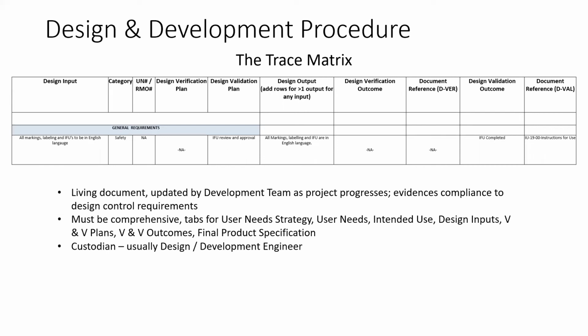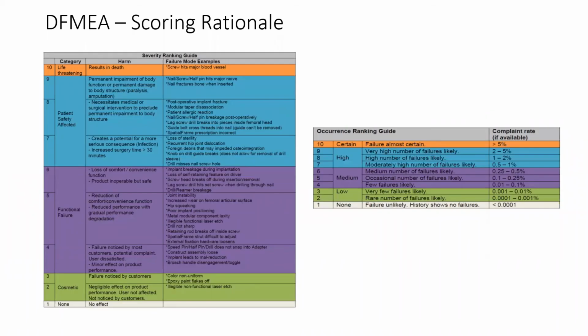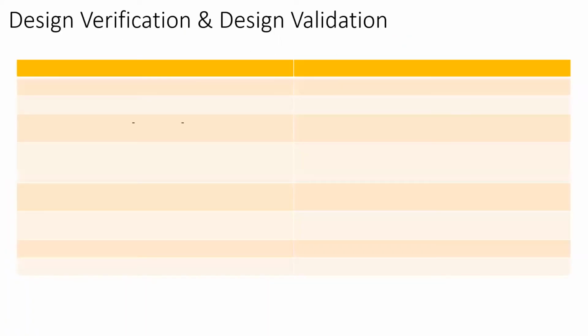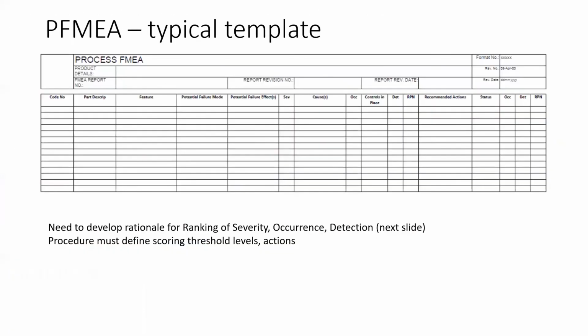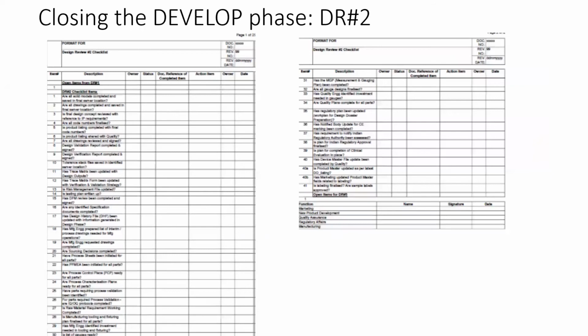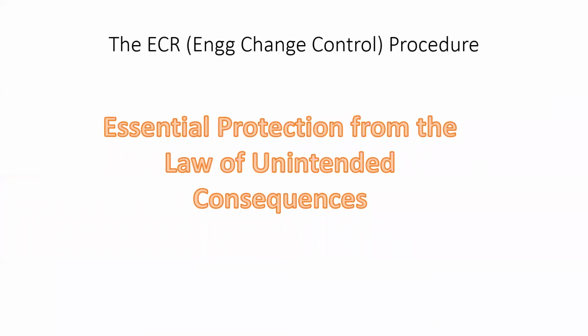And this document becomes a kind of go-to Bible for anybody who is working on the project, who can understand literally at a glance. Of course, it's not one glance because it becomes a pretty large file, but at one glance, you can see everything that's happening with this device, from user needs to inputs, to outputs, to verification, to validation. So I'm going to skip a number of these details because the rest of this presentation is about the actual design procedure contents throughout the remaining phases, the develop phase and the validate phase. And we'll jump straight to something that happens post-design.